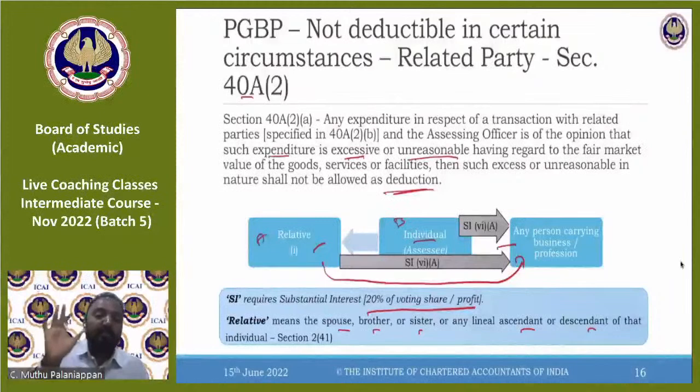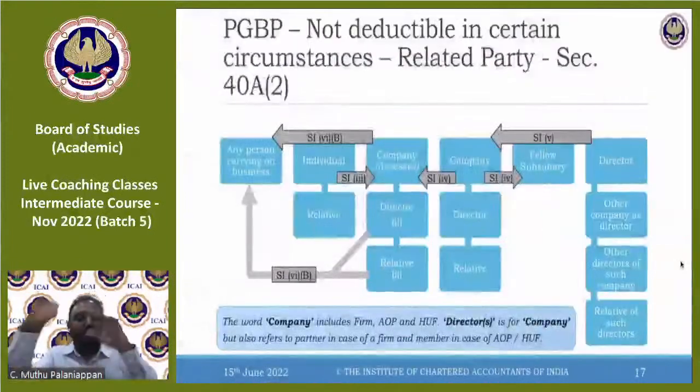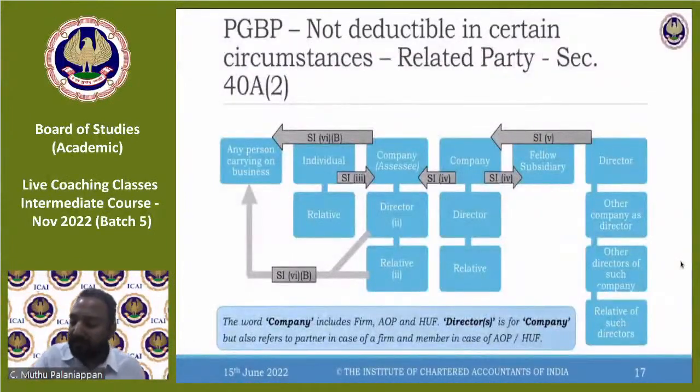So remember this, for an individual, the related parties are relatives of that individual, or the entity, the business in which this individual or the relative owns substantial interest. So that's what is called a related party. Now we are going to expand this for other organizations, that is a company or something. So this is a much more detailed thing. Start from here, okay? This is the primary thing.